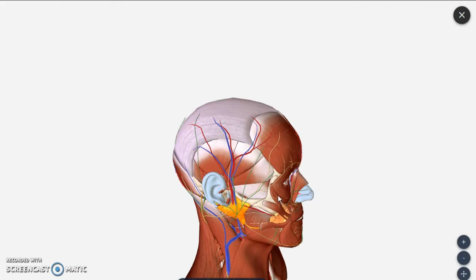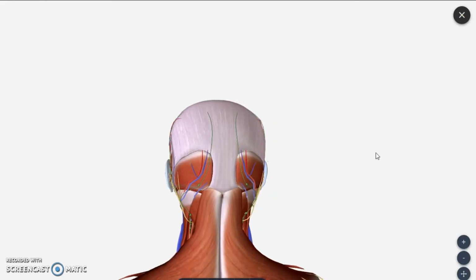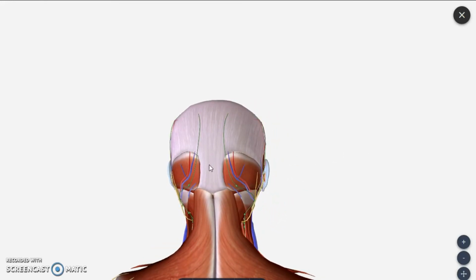So anteriorly it extends from the supraorbital margin, on the sides through the zygomatic arch, and towards the posterior aspect it extends till the external occipital protuberance, which is present here. Then it extends in the lateral aspect towards the superior nuchal line. So here we have the superior nuchal line, and till the superior nuchal line we have the posterior